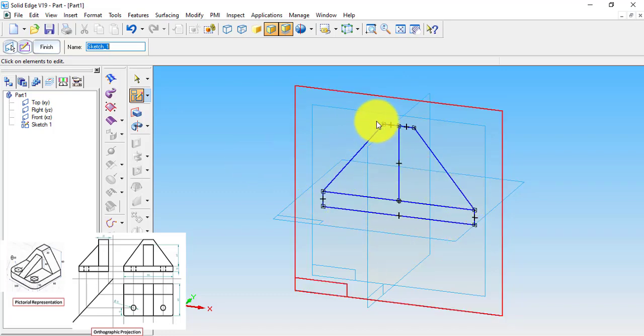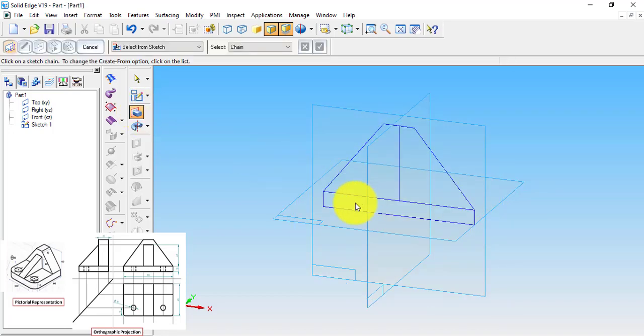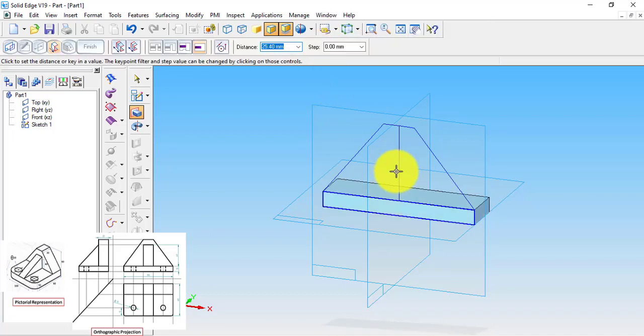In order to solidify this object, we need to use the command called protrude, which is basically a command that fills our 2D field and results in a 3D object. In order to use this protrude command, we need to have a closed object contour. So this is the closed contour, and after selecting the contour, we can click the enter button, or we can choose the right mark in this section.